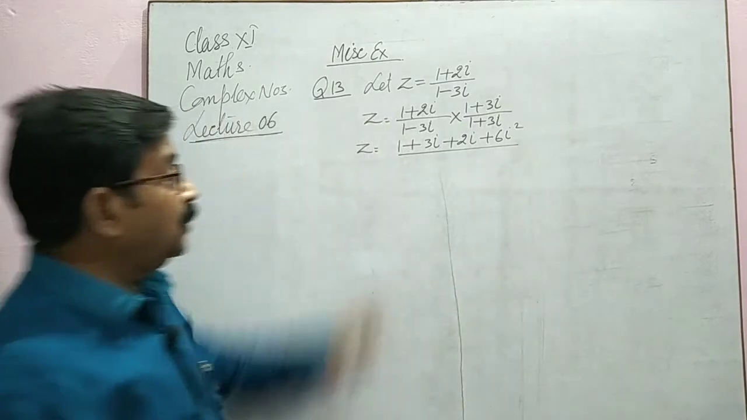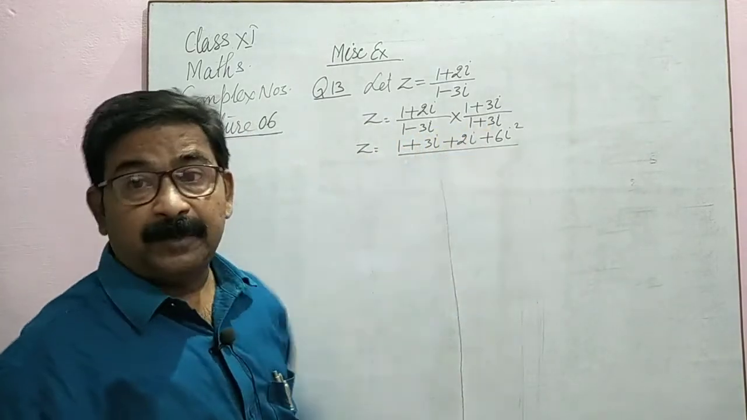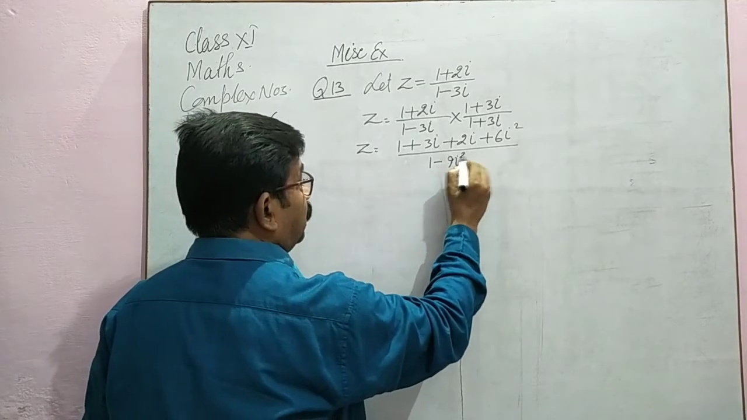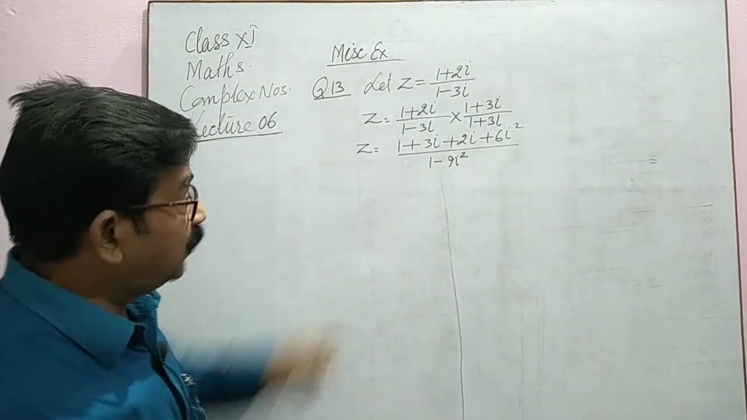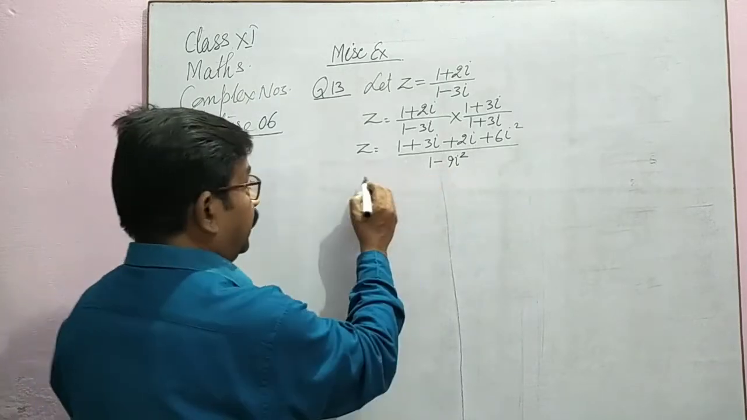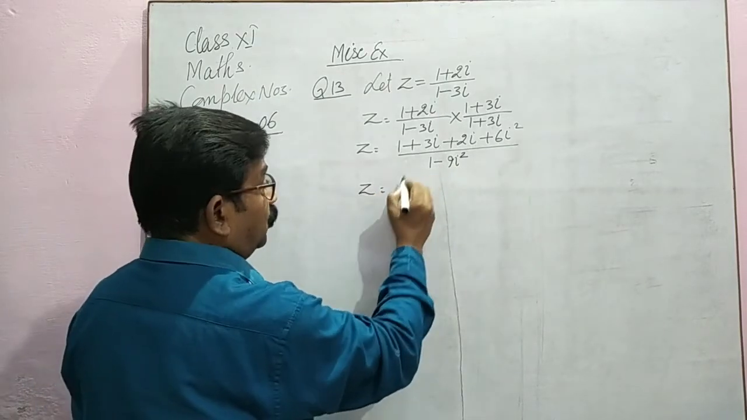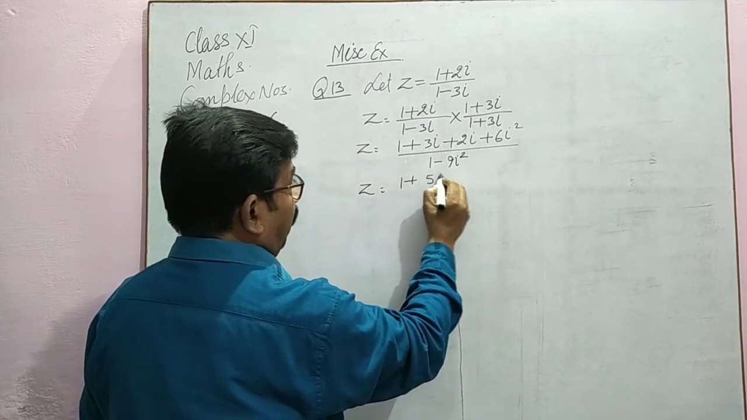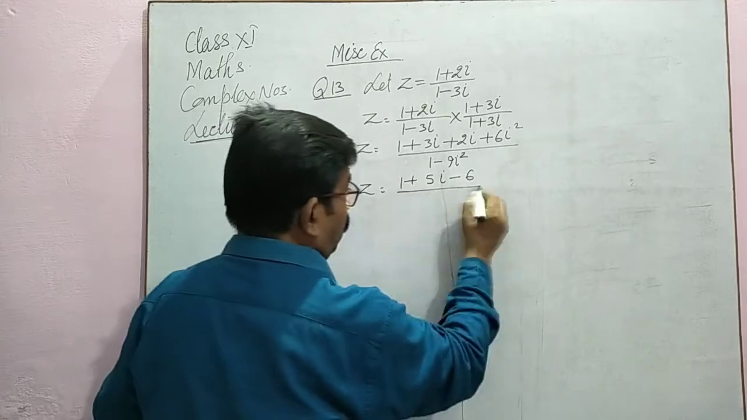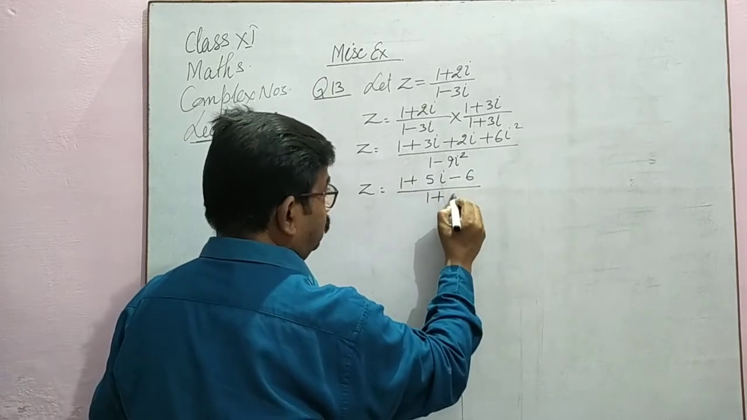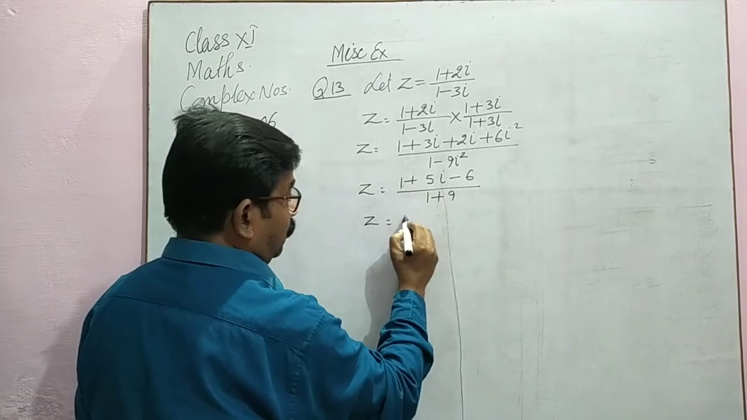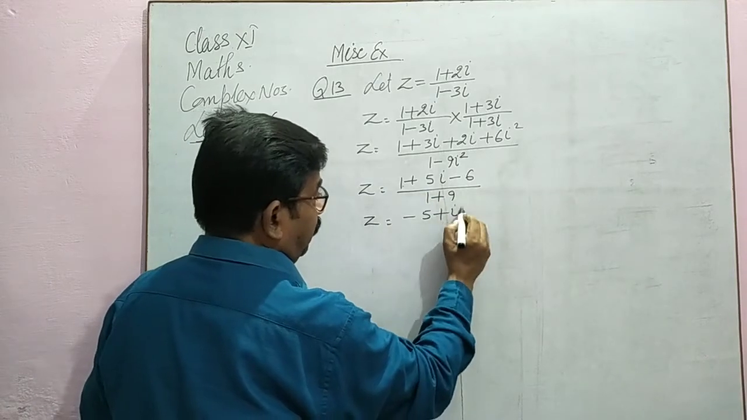upon, in the denominator, by the formula a minus b and a plus b, we can write 1 minus 9i square. And i square is equal to minus 1, so it becomes plus 9. Here in the numerator, z is equal to 1 plus 5i minus 6, since i square is equal to minus 1, upon 1 plus 9. So z is equal to 1 minus 6, which is minus 5, plus 5i